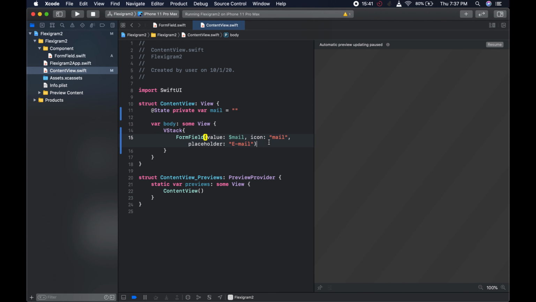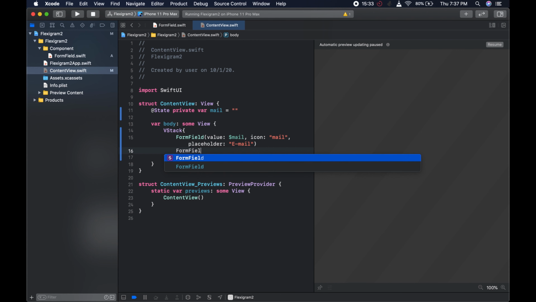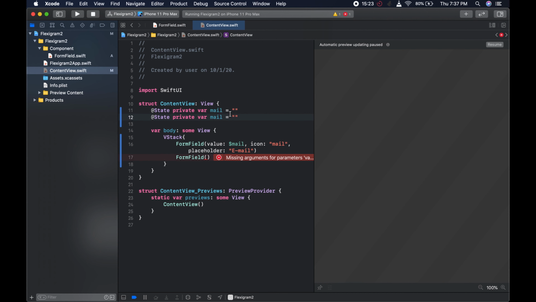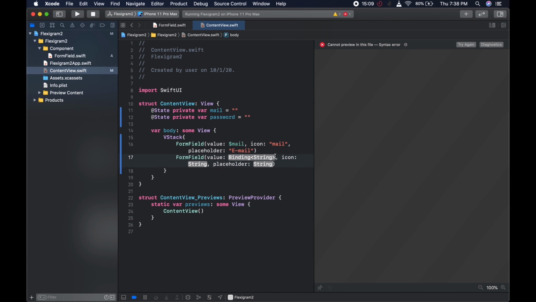And after that we can now come down here, and we could create another form field. So form field, this is going to be for the password, and let's just copy this line, come down here, paste it, and this is going to be private var, let's say password like so. And first we are going to say missing arguments. We're going to hit fix. We're going to get all of them, and we're going to bind it to the $password like so,